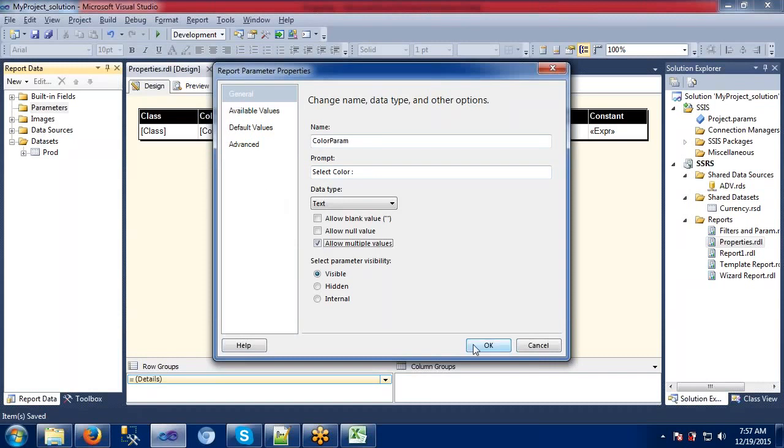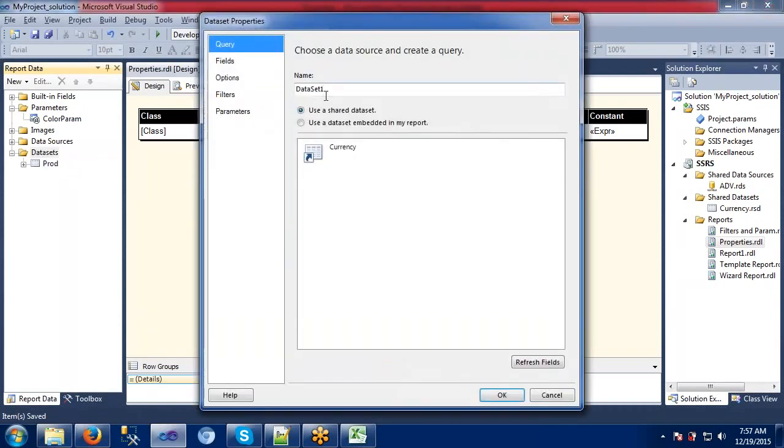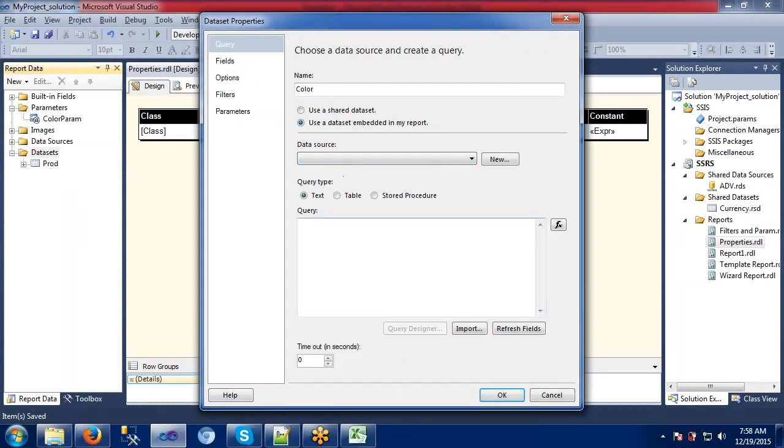We'll come back once again here. For that we need to add one more data set. If you remember this one, the color data set I'm using: select distinct color from dim product, right?